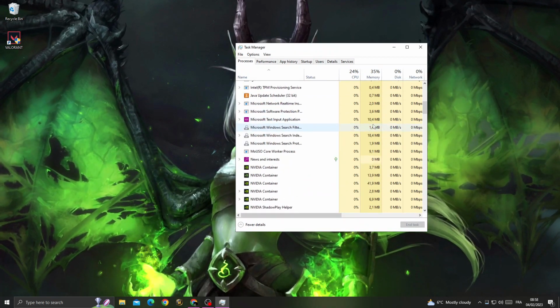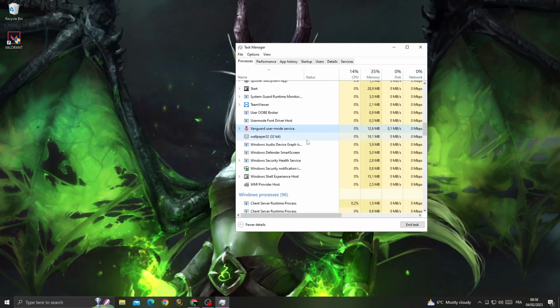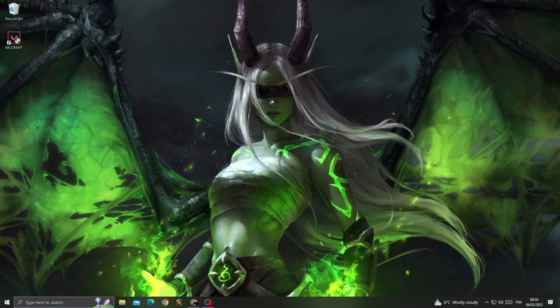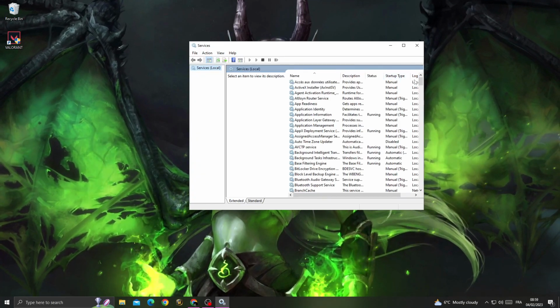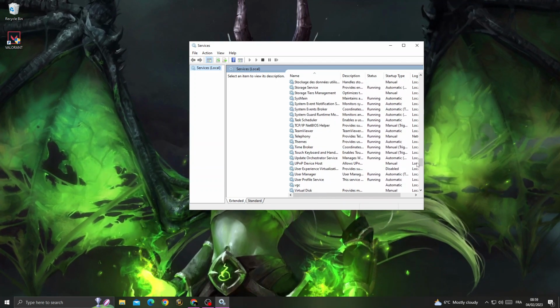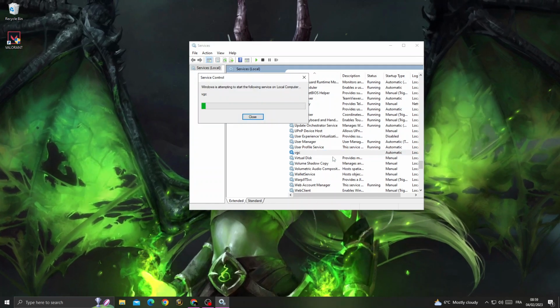Now scroll down until you find Vanguard, right click on it and click end task, and after that type here services, and now scroll down until you find VGC, right click on VGC and click start,